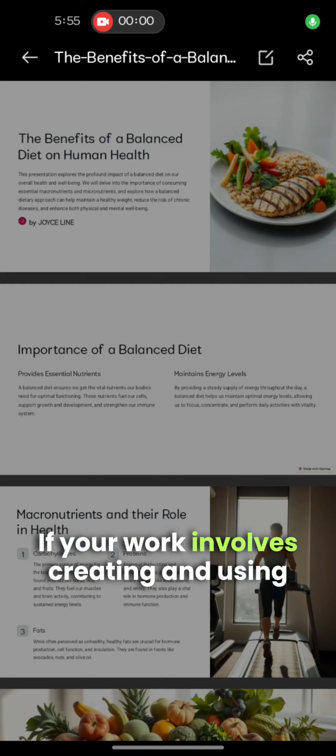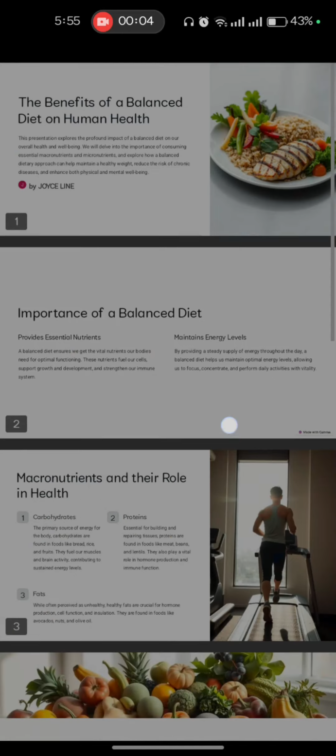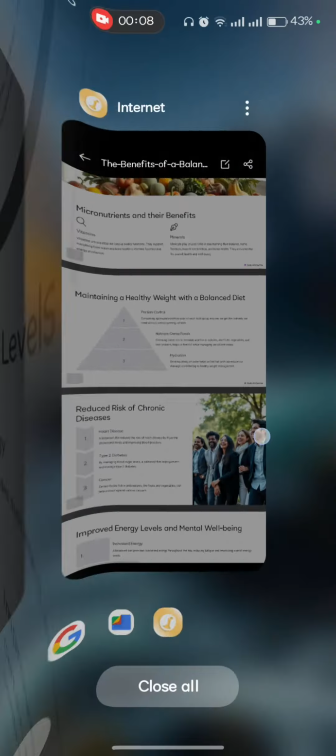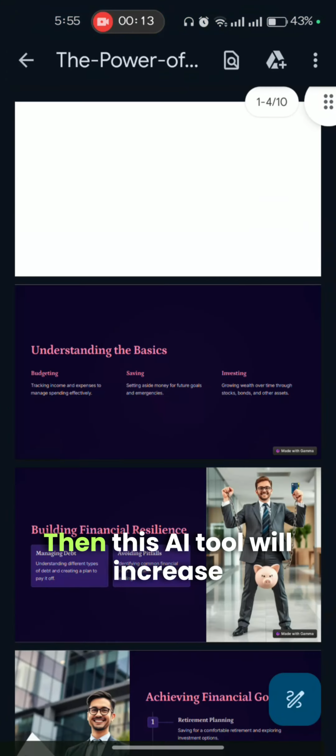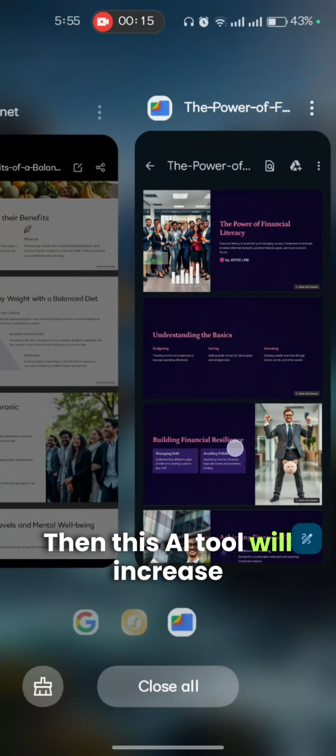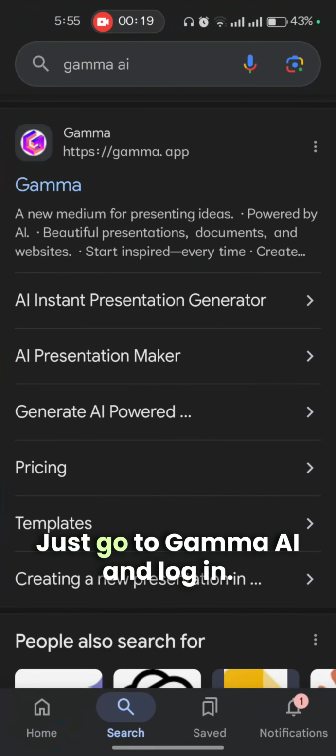If your work involves creating and using PowerPoint presentations like this, then this AI tool will increase your productivity by over 60%. Just go to Gamma AI